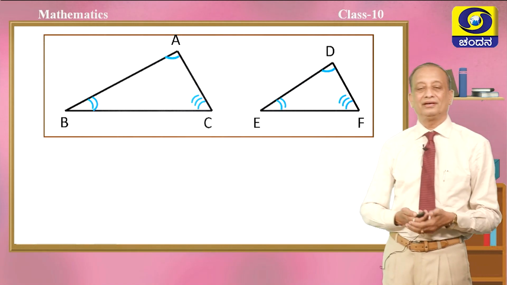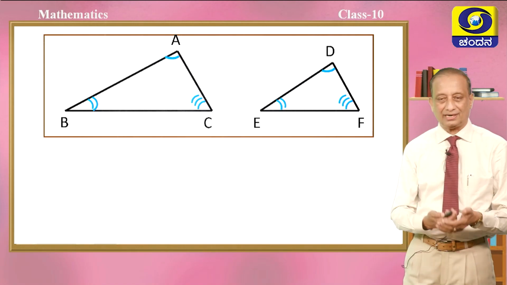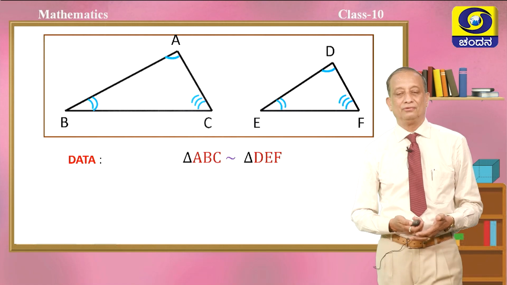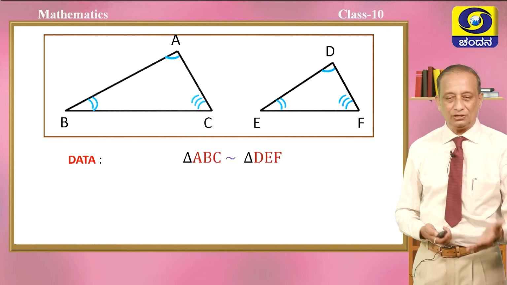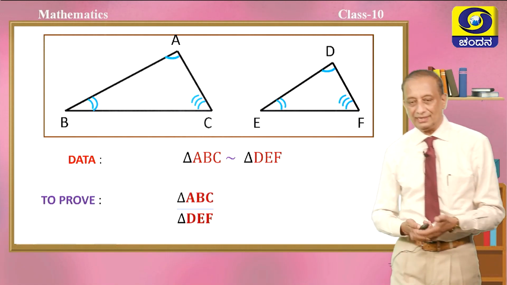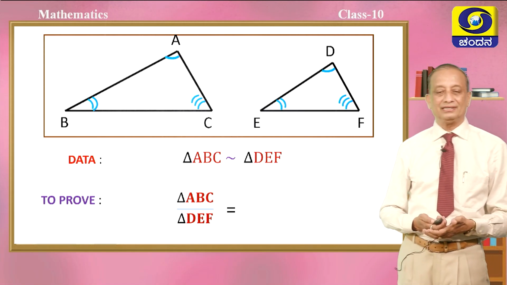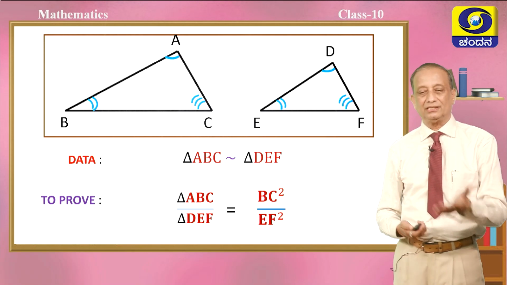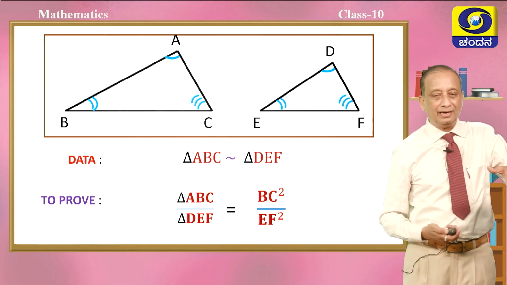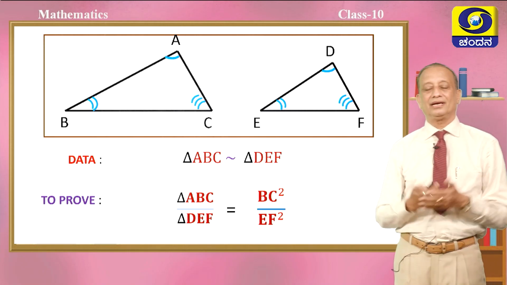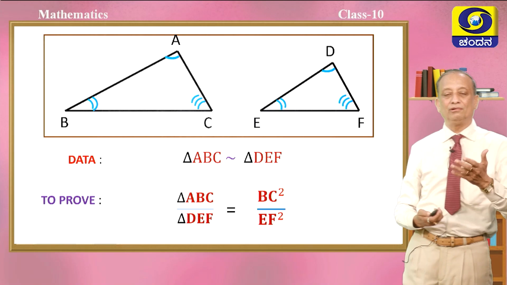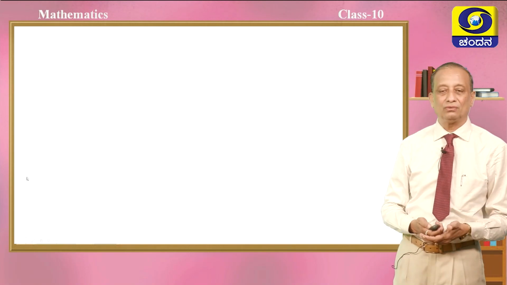So, here is a figure coming up to you to prove this. Let us try to prove this theorem, this property. So, here is triangle ABC and triangle DEF which are similar to each other, means equiangular and the corresponding sides are in proportion. So, we have to show that the area of triangle ABC divided by the area of triangle DEF is exactly equal to BC square by EF square, or AC square by DF square, or AB square by DE square. Any one ratio can be taken and it can be shown, children. Here for the time being we will prove it for BC square by EF square only.